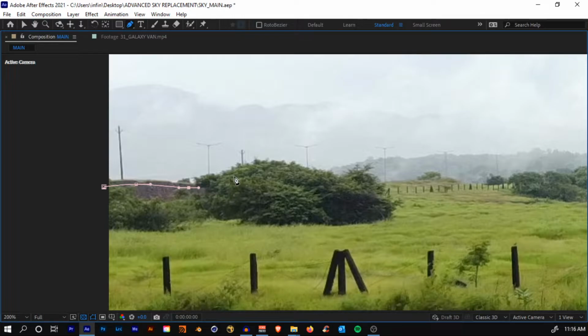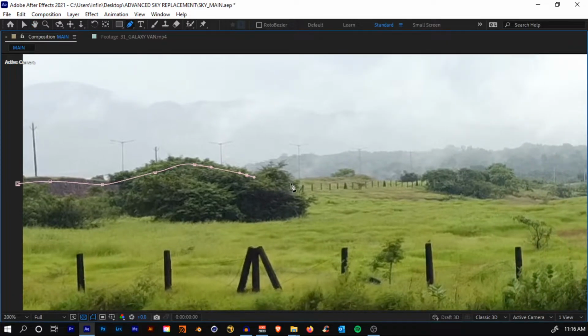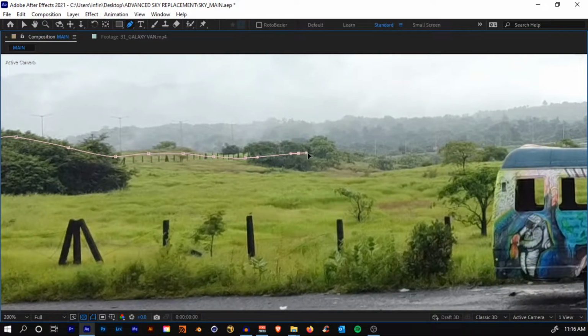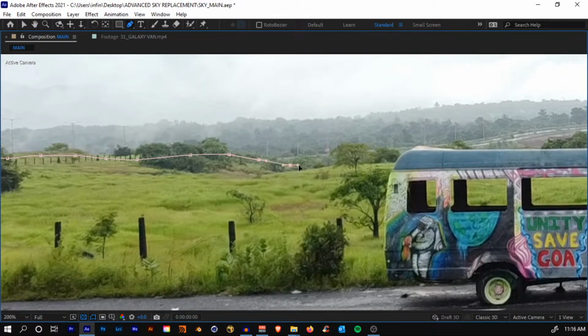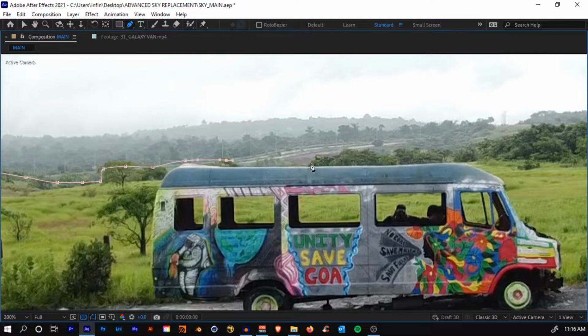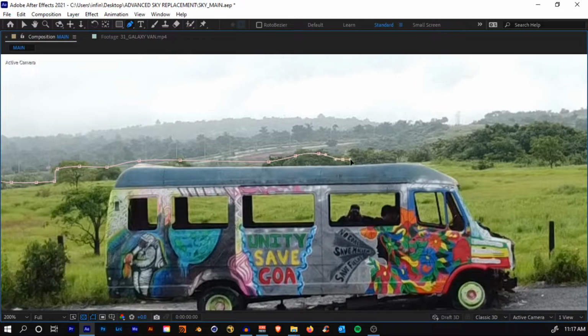If you find masking difficult, first of all, I would like to tell you it is not difficult. Just click and don't release the click, just drag your mouse. You'll get these handles to adjust them. So click and drag, click and drag. Okay, don't draw the mask on this white part, just draw it on the edge of the green part, something like that. Yep. So continue. Don't include the bus, so draw it something like that. So continue.